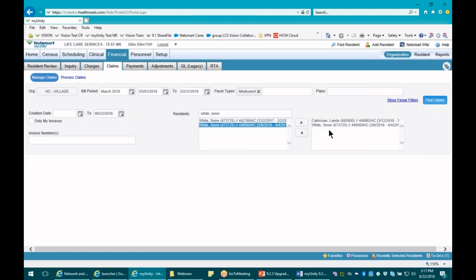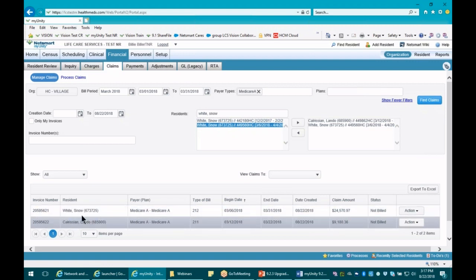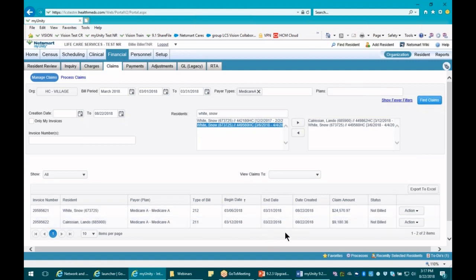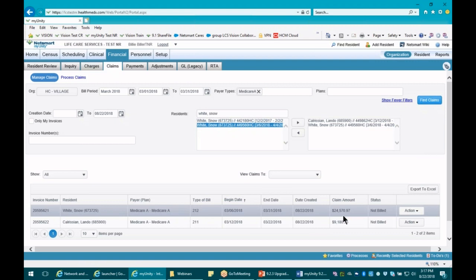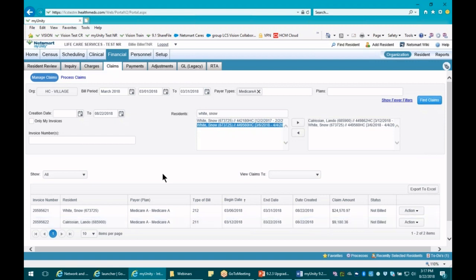So I have Calrissian and White selected. I can now click Find Claims. So here it's bringing up only my 2 new claims, and I can read like I normally would. If I want to look at all my claims, all I need to do is take